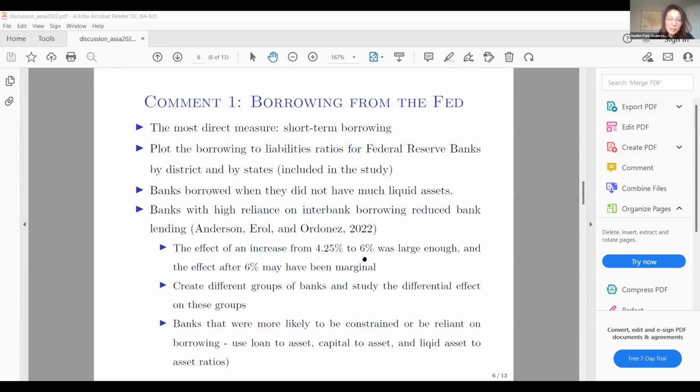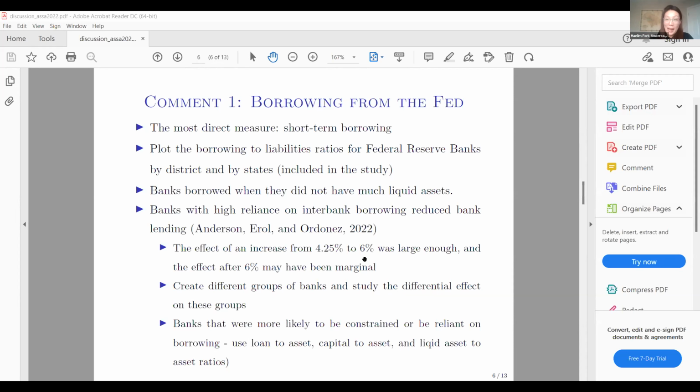The problem in this case is that he cannot directly observe what's being affected, which is short-term borrowing. What I suggest is that when you go to the Fed OCC reports or the Federal Reserve Bulletin, there is an aggregate level for each district, and you should apply short-term borrowing by district and by state, which I have data on, and then see how they move around this period. And